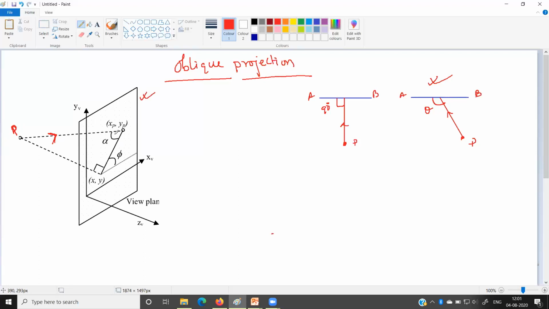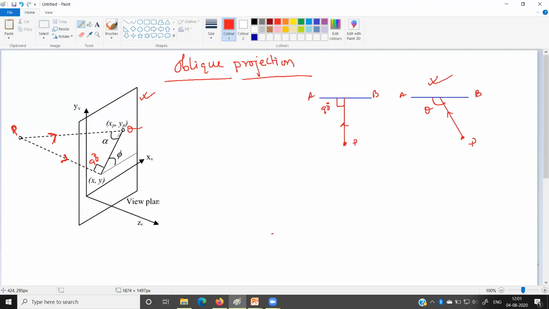Now while it is falling on the projection plane, it creates an angle which is called alpha. But if the projectors fall on the projection plane by making an angle of 90 degrees, in that case it should follow this line. Clear? So again, suppose there is a point P, the projection lines are coming, passing from the point P, and in case of oblique projection, it falls on the